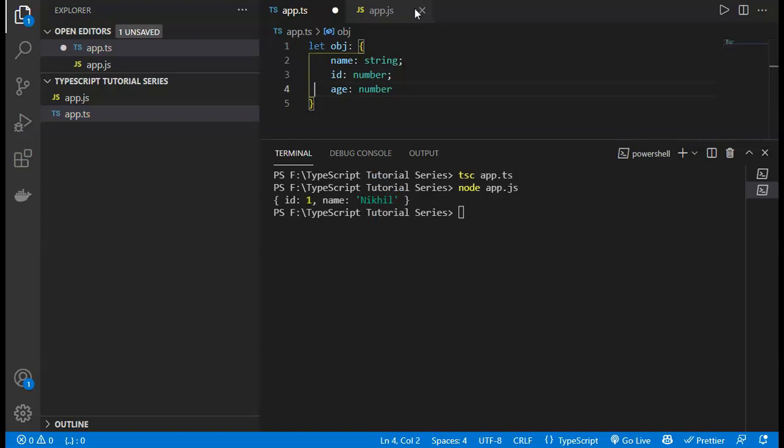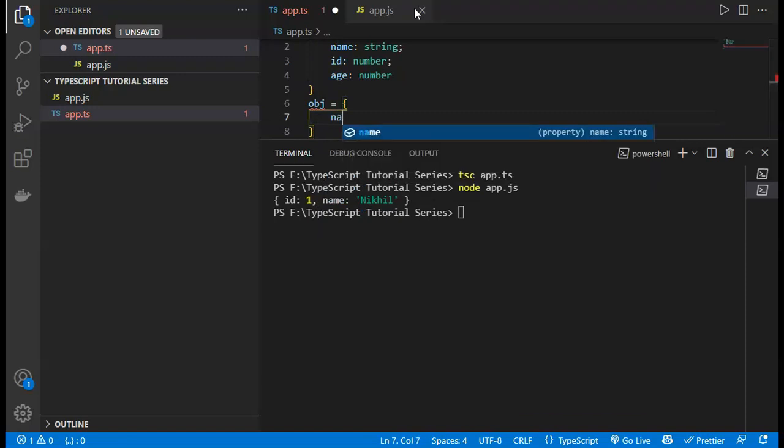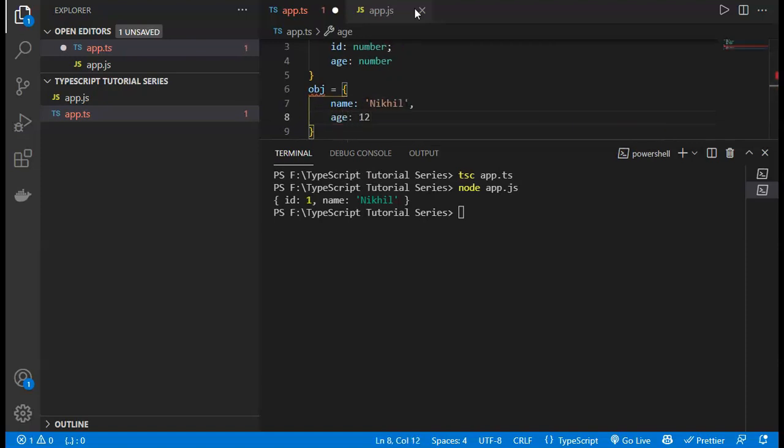Then we define the values also, like the object equals to, the name field will contain the string Nikhil, and the age will contain 12, and the ID will contain 1.